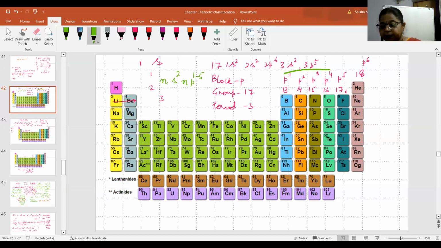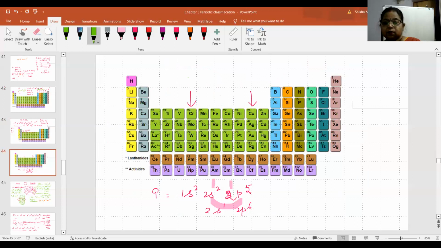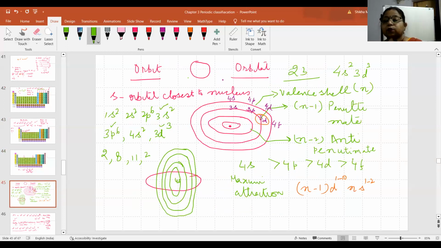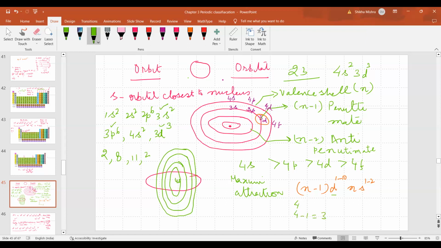Similarly, if I have to write it for d block element, coming to this element, 23, what should I be writing? The electron is entering into d. d has total 10 groups numbered as 3 to 12, right? And the electron can be either 1 to 10. Any number can be there. Where will it be? It will be the penultimate shell. So if the maximum quantum number was 4, the electron is entering into 4 minus 1, that is 3. So 3d 1 to 10. Okay, ma'am. Got it. Thank you.